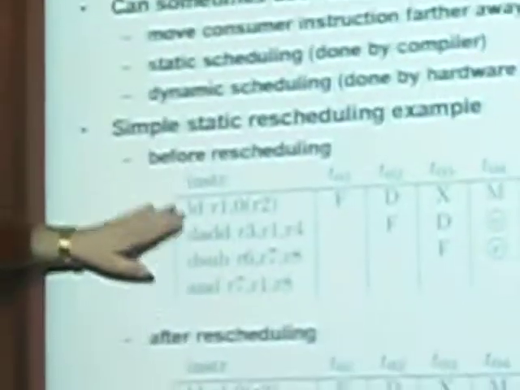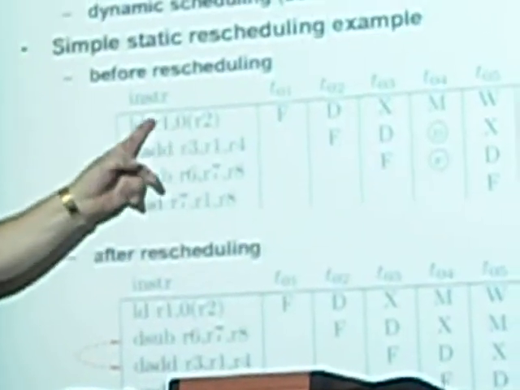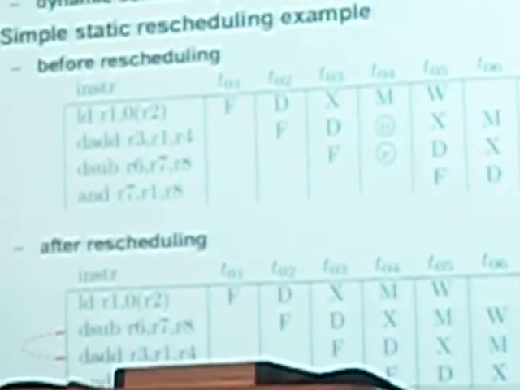And again, static or dynamic. So here's a simple static rescheduling example. Here was before. What was the problem? What was the dependency here? R1. Okay? Now, do you see that